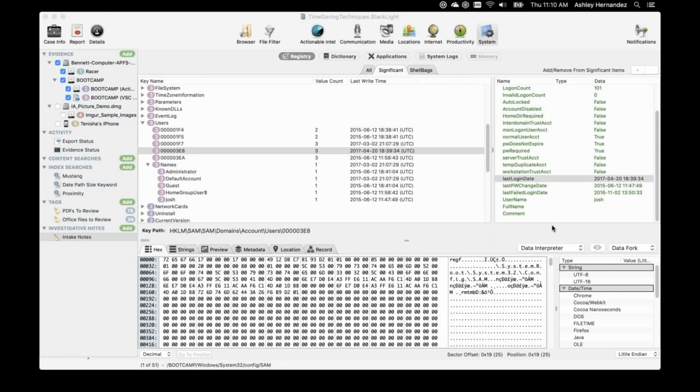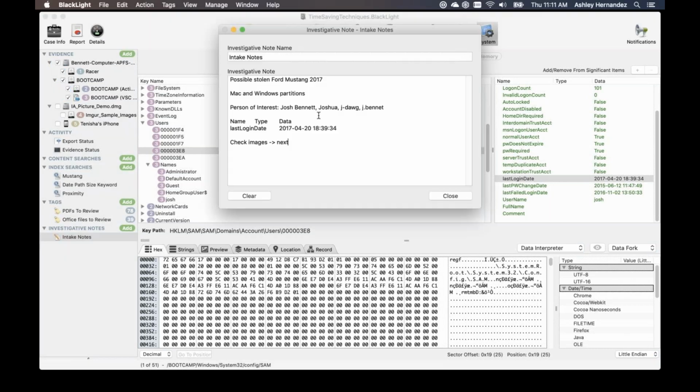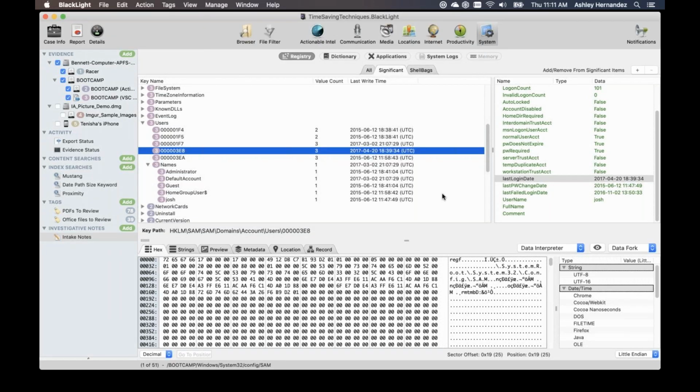Yes, so we have a few that came in. The first one: are the investigative notes saved with the case, and can anyone see them if I share the case file? So the investigative notes are saved with the case. They're not part of the report, although you could take these and tag the data that you have in here if you wanted to copy and paste them in, but they are part of the case file. So if you shared the case file, they would get the notes that are there. It's not specific to a user.